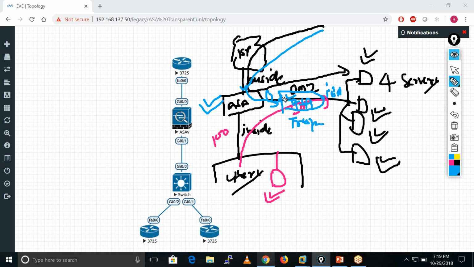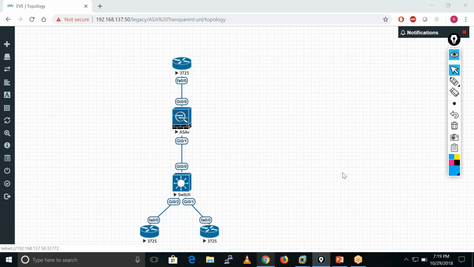Because we need to protect our servers, which may hold lots of critical information. That is the use case of our transparent firewall. Any doubt on that? Otherwise, I'll move on to the next topic on the transparent firewall.